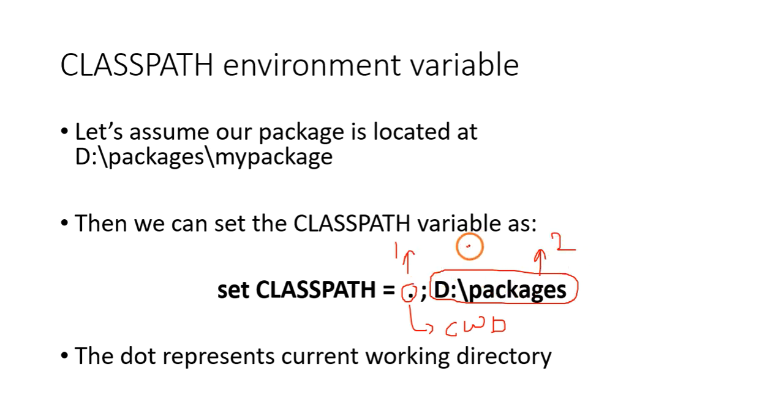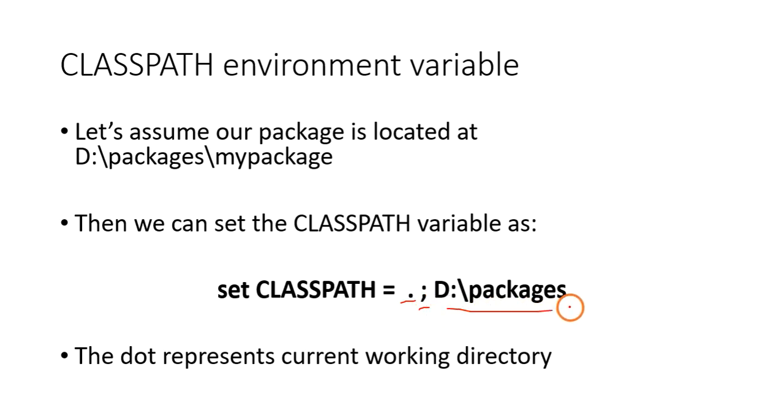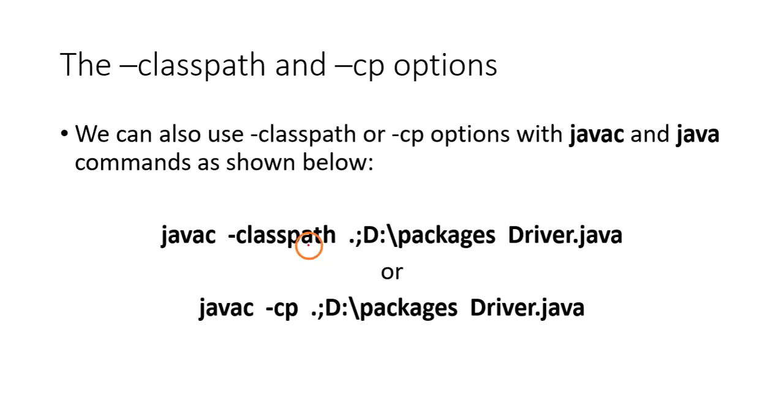Now you will separate these paths by using a semicolon. For separating different paths we use a semicolon. So current working directory, semicolon, package directory, package location. That is the meaning of this dot semicolon d packages. So you can see here the dot represents the current working directory. And the second way is by using the classpath option or cp option along with the javac command and java